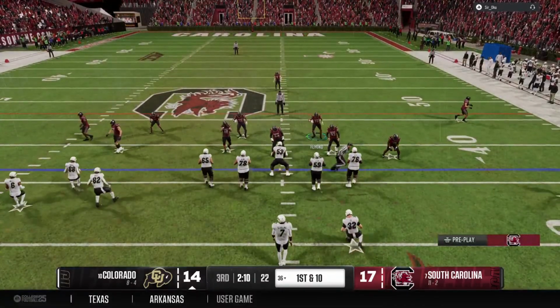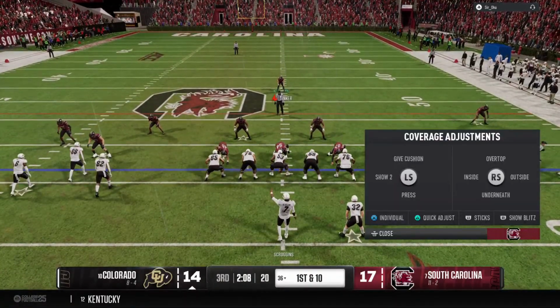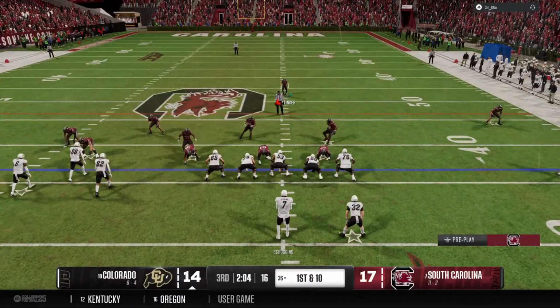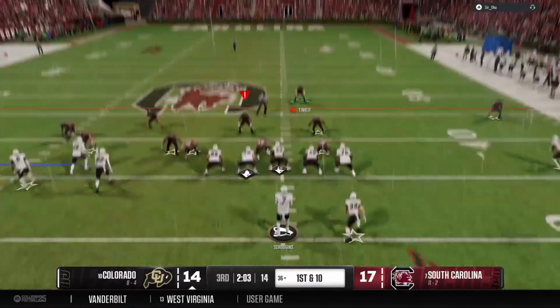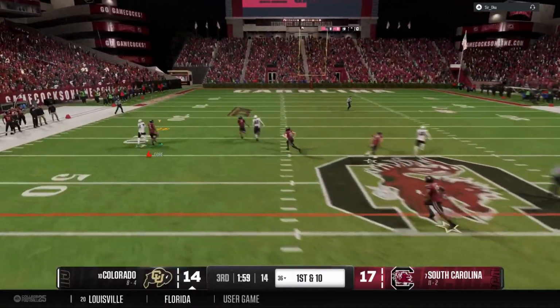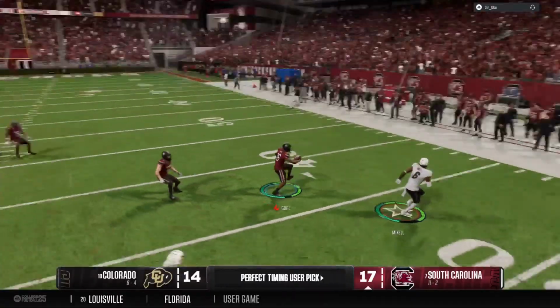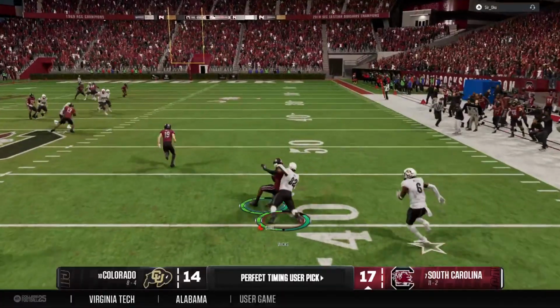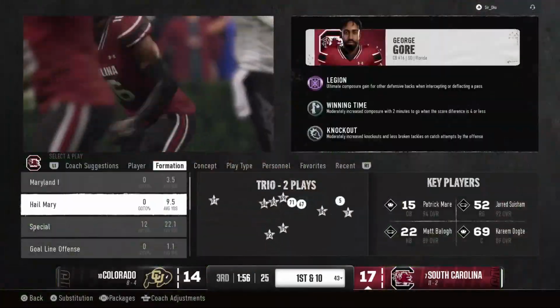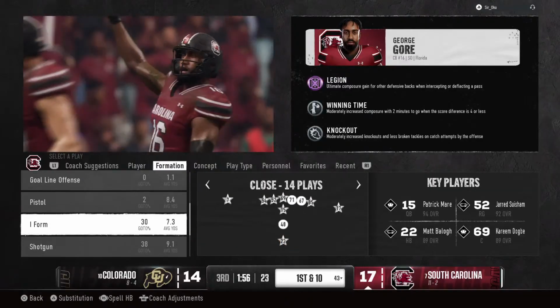And the Buffalo starting a new series here on 1st and 10. The defense with more pre-snap movement. On 1st and 10, looking to throw. We'll take a deep shot. He's picked for a 3rd time tonight. They get him down after a short return, but the takeaway sets up the offense at the 43.